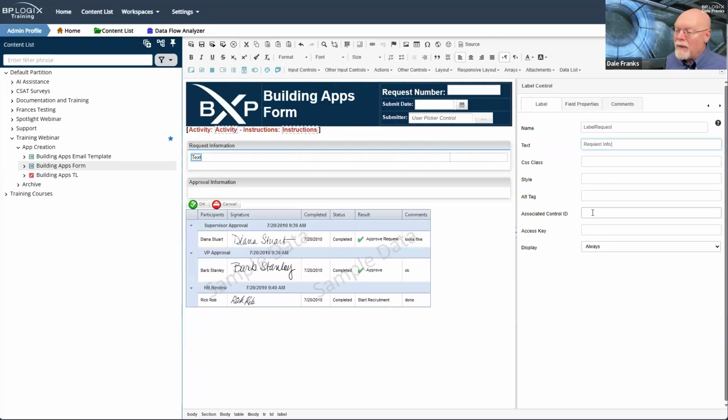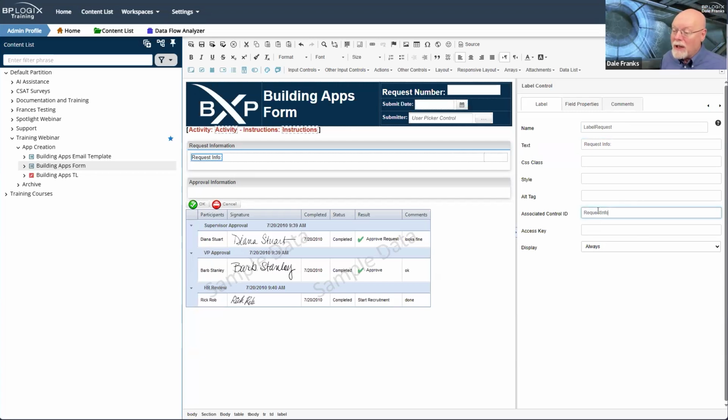And then we have to put it in with the associated control ID. So I'm going to make a text box. I'm just going to call it request info. And I'm actually going to fix my spelling up here on request. Request info will be my field name.